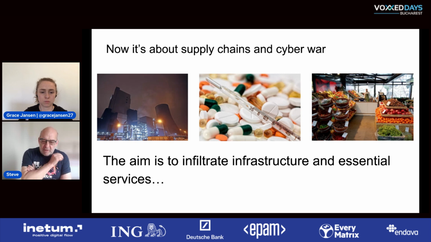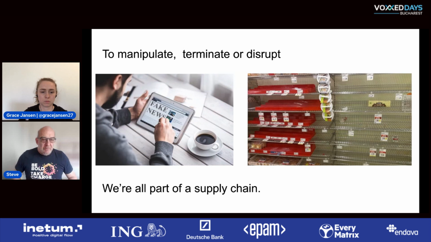So think about this. Whereas before many people were just trying to steal your data for money, now they're trying to get into your systems, whether it's power supplies or factories or even supermarket chains, because they want to be able to manipulate them at the right time. You can imagine what happens if you're trying to get a train and the train system has been disrupted. You can imagine what happens if you can't ship stuff because the shipping company has been disrupted.